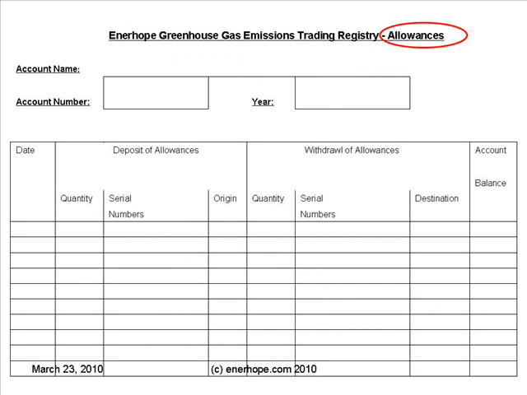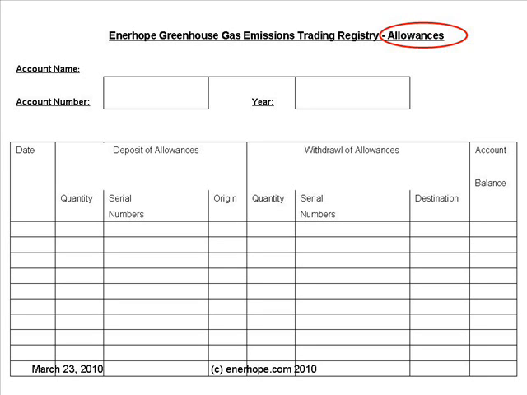Here is a blank page representing one account in Enerhope's Greenhouse Gas Emissions Trading Registry. The registry records every deposit, withdrawal, and transfer of every allowance in Enerhope's Greenhouse Gas Emissions Trading System. The account spreadsheet looks like an old-fashioned bank ledger page, with the day-to-day deposits, withdrawals, and running totals of allowances